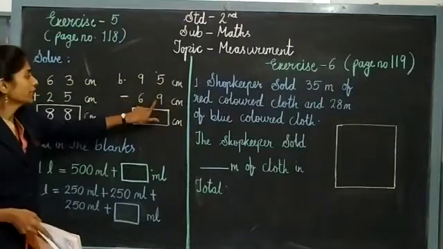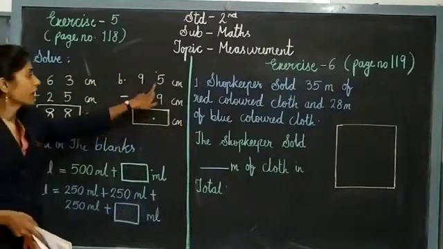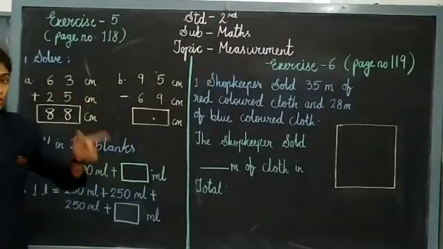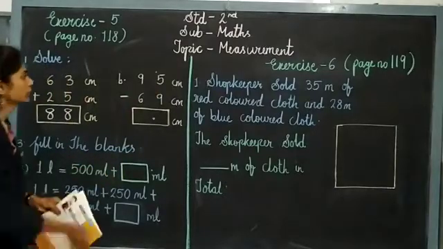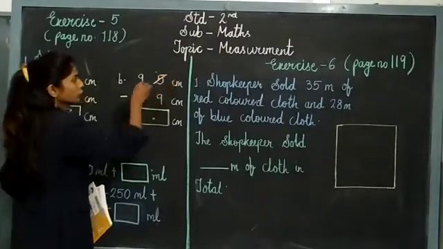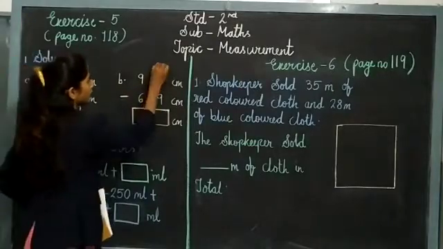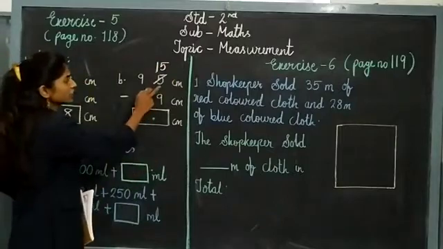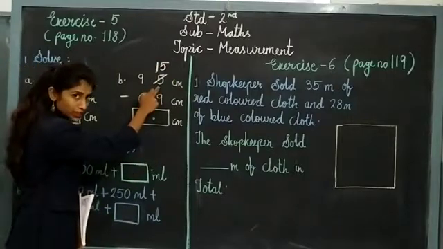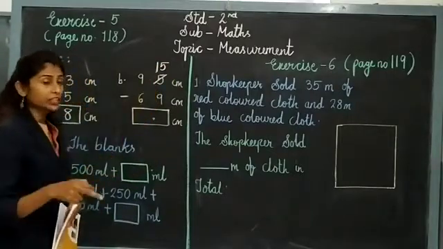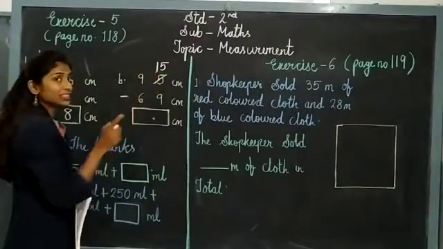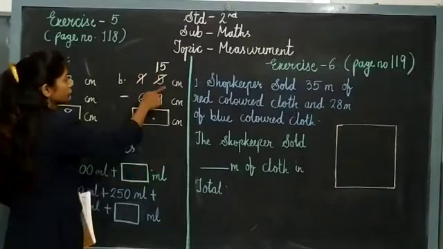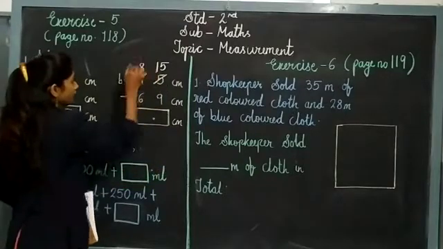Now 5 and 9 are given. So obviously 5 is smaller than 9, so we have to do regrouping of numbers here. So this 5, I am going to cut and make it 15. Now this 5 is in the ones place. We have regrouped it and converted it into a 2-digit number. So definitely the 9 has given 1 to this 5, so this will become 8.